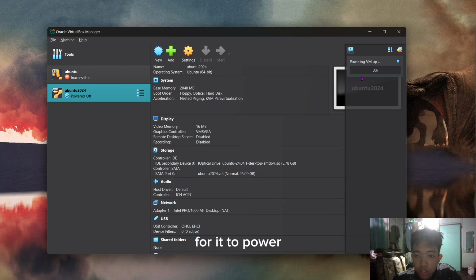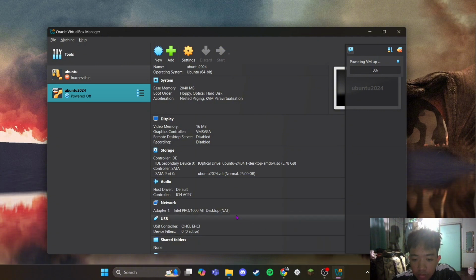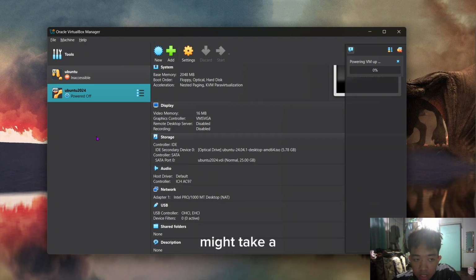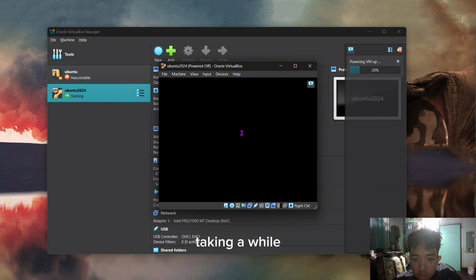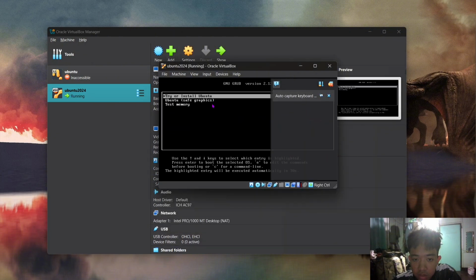Let's just wait for it to power on. This might take a while, depends on your device. My case, it's taking a while. And then it will display this. Let's choose the Ubuntu Safe Graphics.